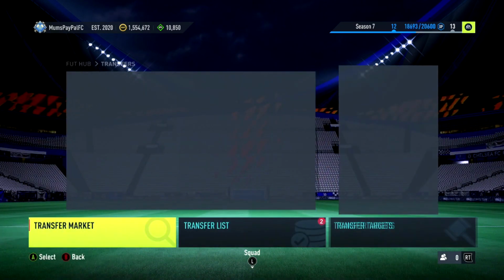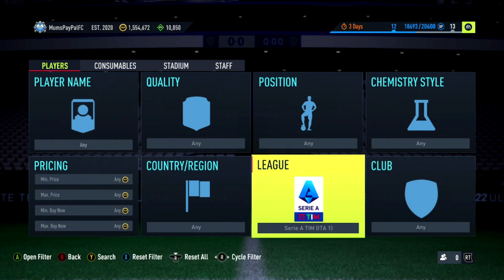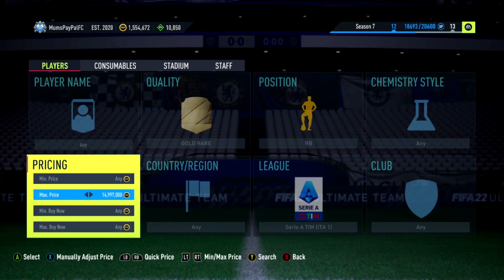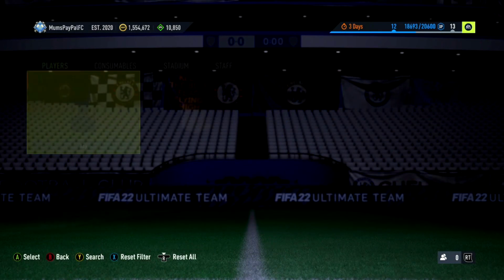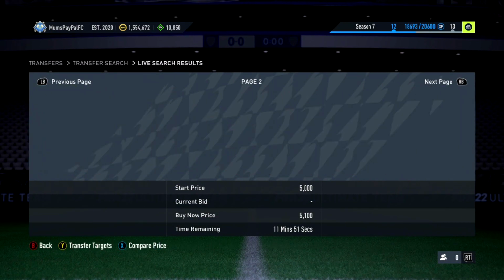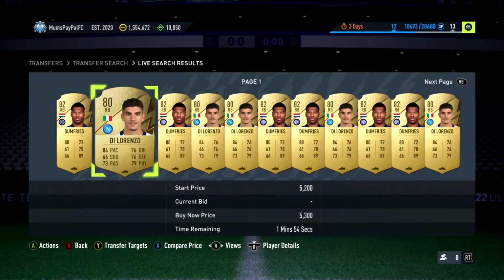So let's jump into the final filter. We're going to jump into another really effective low tier filter. We're going to go to SoRare, we're going to go to right back, and then we're going to go to gold rare. There's about 4 or 5 players that can pop up in this, and similar to the Premier League left mid one, they are expensive, very expensive compared to usual. We've got Di Lorenzo around this 5k mark. We've got like Cuadrado, we've got Lazari, so a guy called like Murasic or something, Dumfries in there as well,